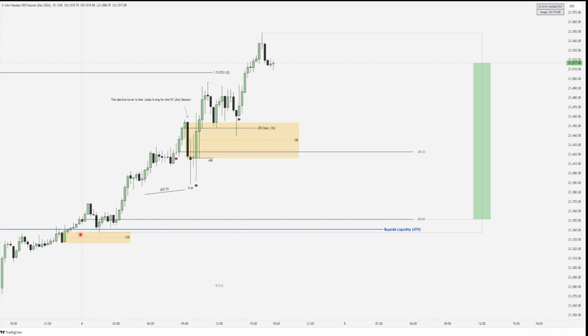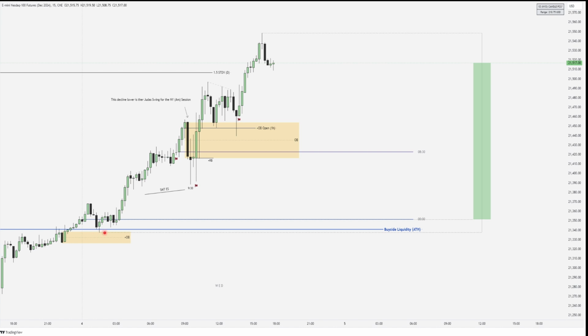So we have that converging PD array, a convergence of discount arrays, because once an old high gets traded above, it becomes a discount array. It goes from a premium array as a target, and once cleared, traded above, it becomes a discount array, like a typical inversion. Just like any PD arrays, they are invertible. So price comes back down into that old high, which now converges with this bullish order block, and that's what you're looking for. That's what makes this high probability to go long at, not just the fact that it is an old high. No, because we have a bullish order block converging with that.